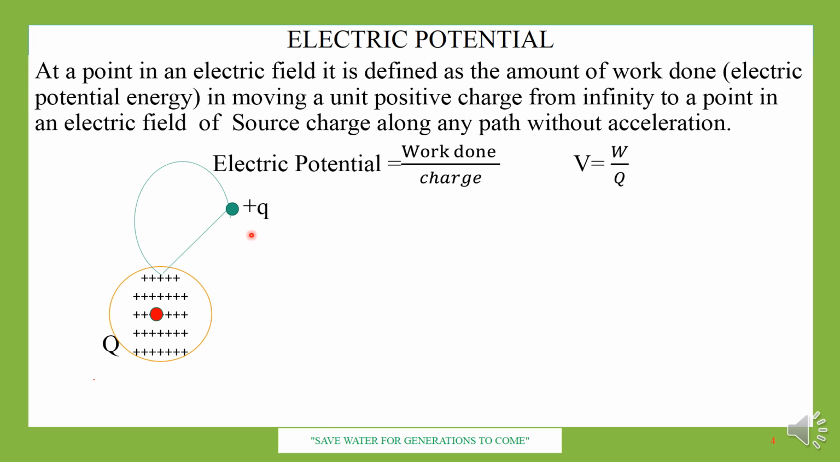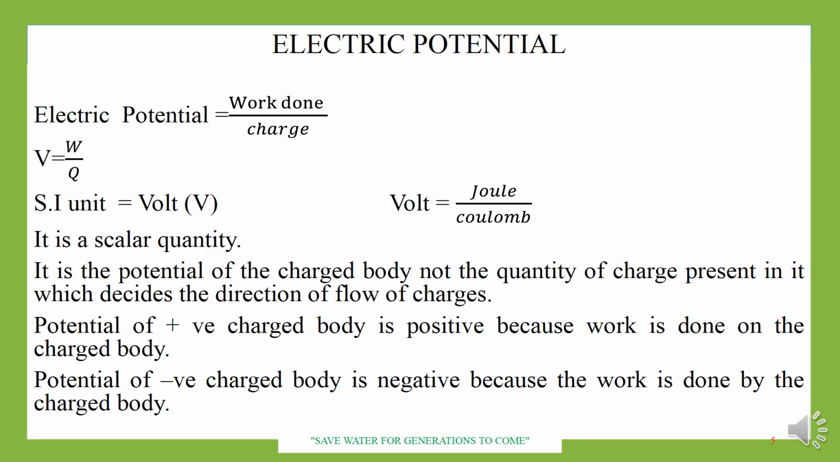source charge. So again I am defining what electric potential is. Electric potential at a point in an electric field is defined as the amount of work done in moving a unit positive charge from infinity to a point in an electric field of the source charge along any path without acceleration. Now what is the formula of electric potential, how is it measured, how can we find the electric potential at a given point? It is the amount of work done, or we can say the potential energy,